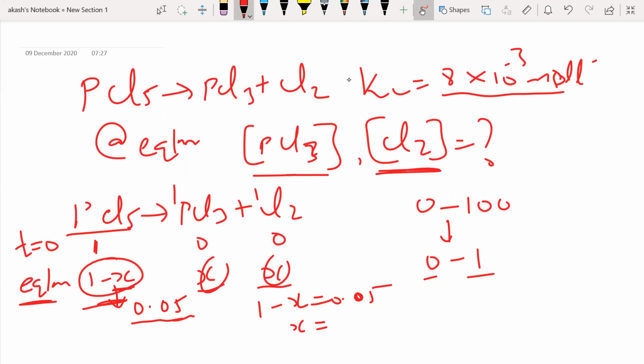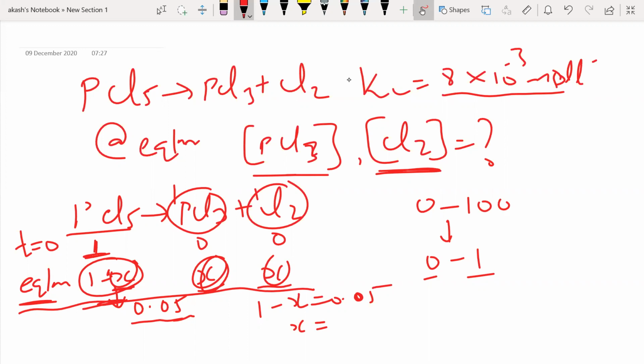Why should we not do it like this? Let me tell you guys. See, we have taken the percentage values. These are not the exact concentrations of PCl3 and Cl2. Unless and until they give me that it is going to be 1 mole or 1 M, I will not be able to use it like this, right? But what I can understand from this table is that the concentration of PCl3 and the concentration of Cl2 at equilibrium are the same, X and X. That's what I need to understand.